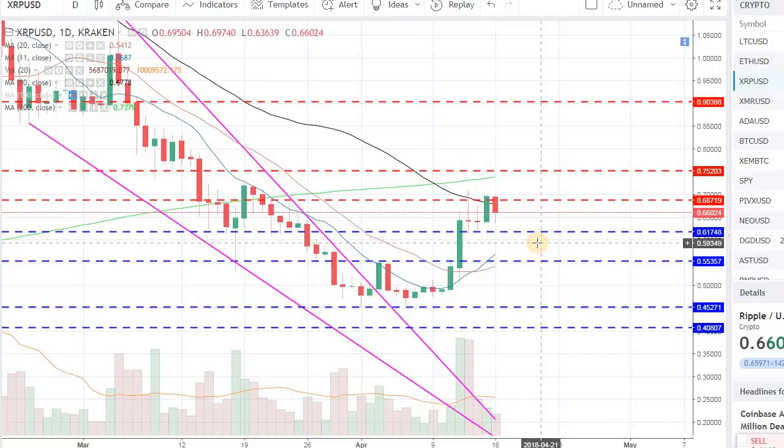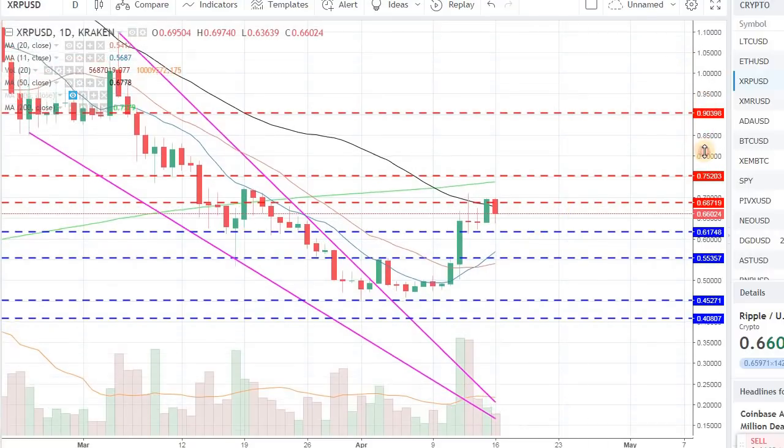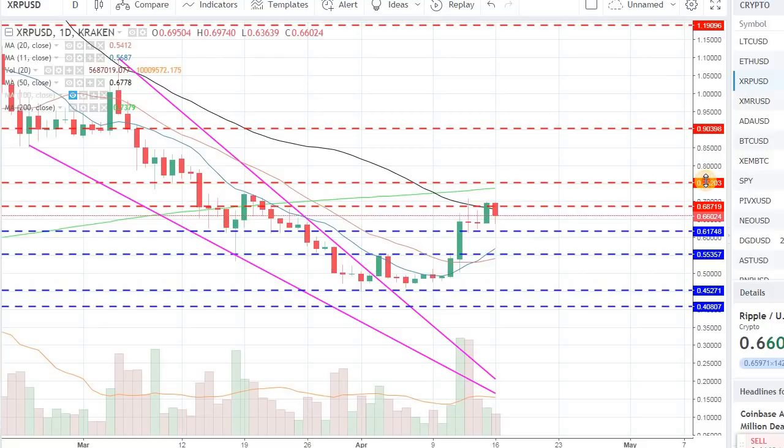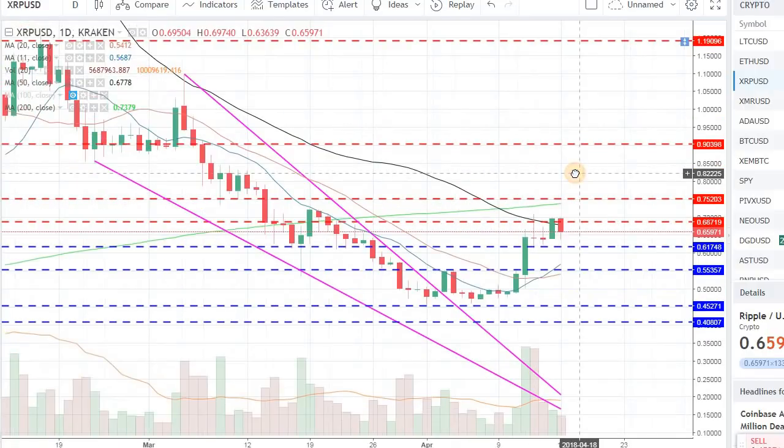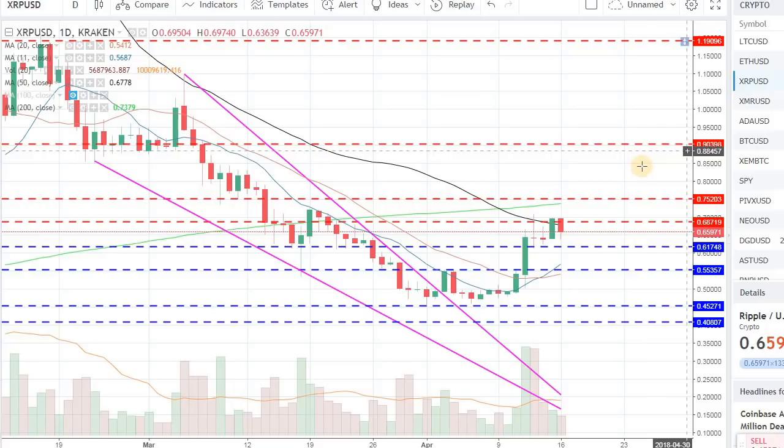Alright, so that's Ripple right now. It's trading at 66 cents. As I said, for the near term it can easily go up to 73 cents. We have little resistance right now from the 50-day moving average, as well as the price point resistance around that 70 cents mark. But I think it has room to run toward 84-85 cents in the near term, and then perhaps toward a dollar mark. Alright,